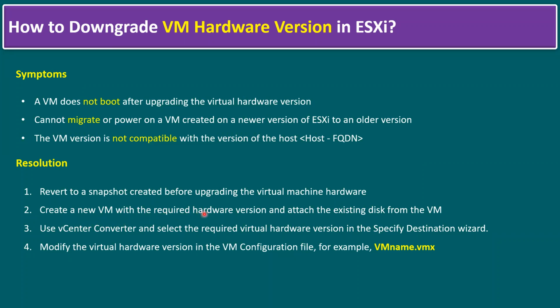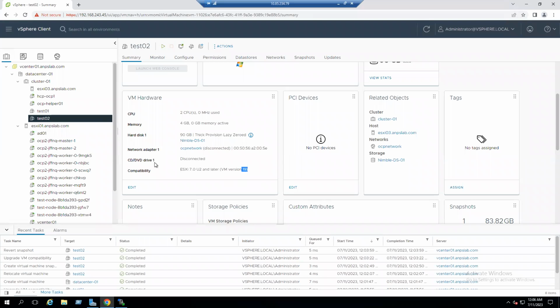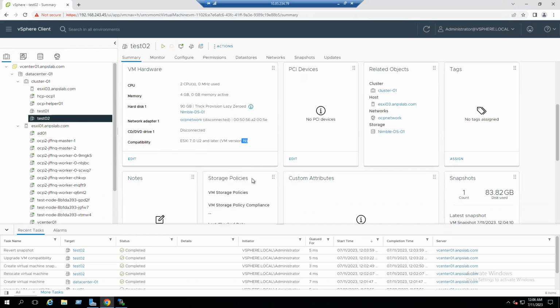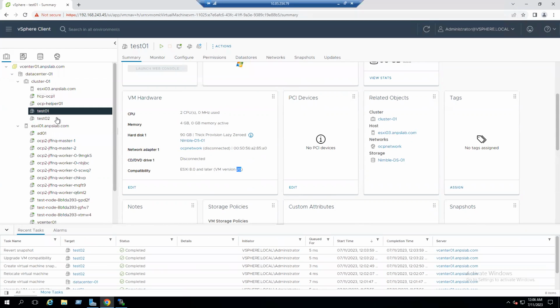Create a new virtual machine with the required hardware version and attach the existing disk from the VM. Attach the existing disk from the VM means, for example, this test2 VM is already downgraded to 19. Suppose I want to upgrade, or else the test01 is already 20. If I want to downgrade the test01 to version 19, the only solution is you can create one VM like